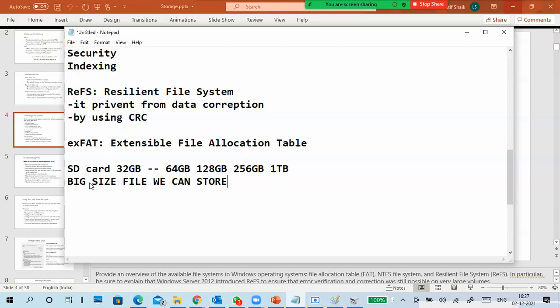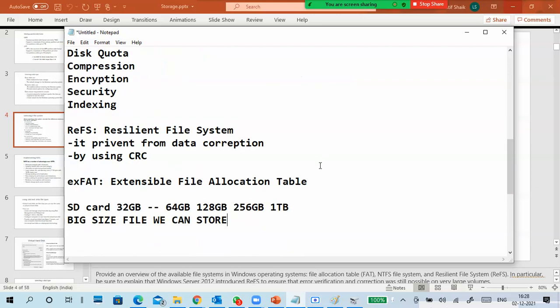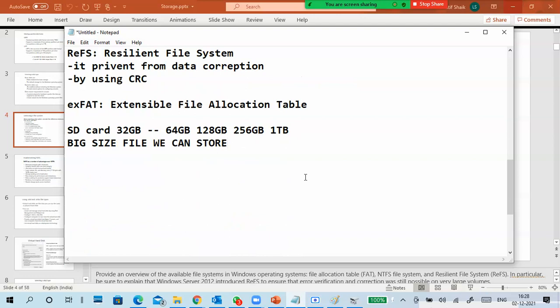Each media file is 2 GB, 3 GB, or 4 GB. Big size files are there. So now you can happily put big size files into exFAT formatted memory cards or pen drives. Guys, understand the difference between FAT, NTFS, ReFS, and exFAT file systems.